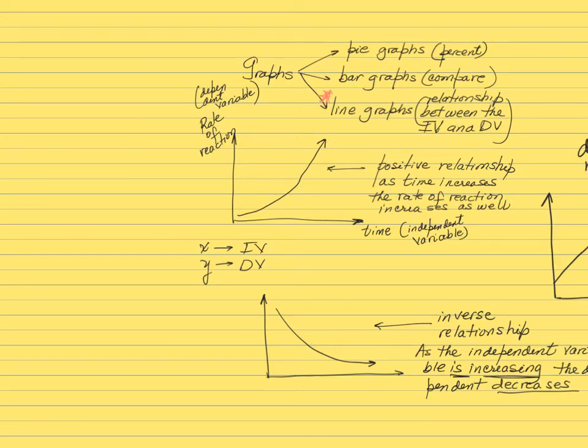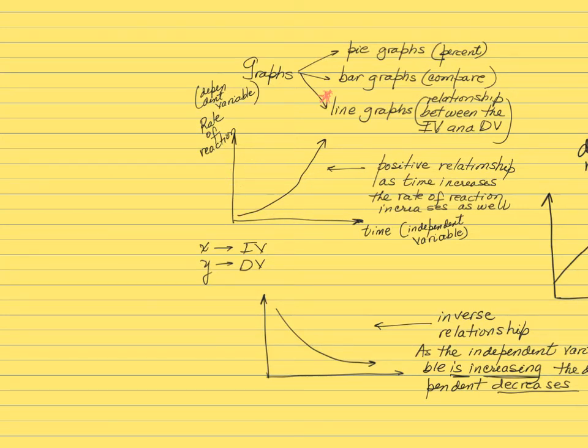And then we have line graph. When do we use line graph? When we want to establish the relationship between the independent and the dependent variable. Those are the ones that we're going to use in chemistry, the line graph. Okay? So, over here you have an example